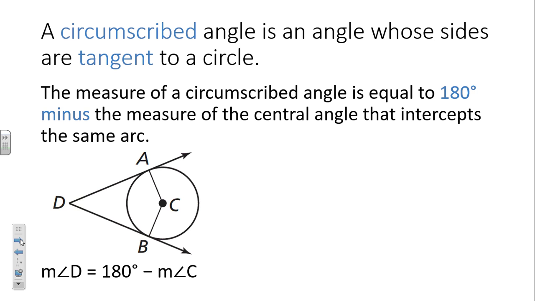This part I didn't put on your notes sheet because I don't know that it's absolutely necessary, because we can figure it out using the stuff that we already know. So why jumble up our brain with one more theorem? Okay, but first of all, they want you to know what a circumscribed angle is. And a circumscribed angle is an angle whose sides are tangent to the circle. So we take two tangents, we make an angle, and that's called a circumscribed angle. Circumscribed means it's outside. We circumscribe a polygon, that means the circle's on the outside of the polygon. Okay? All right, so